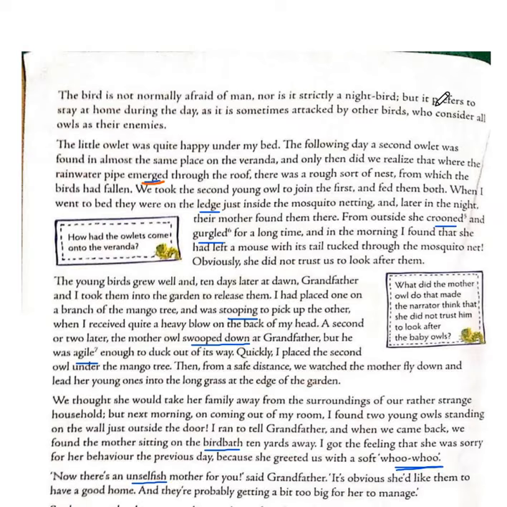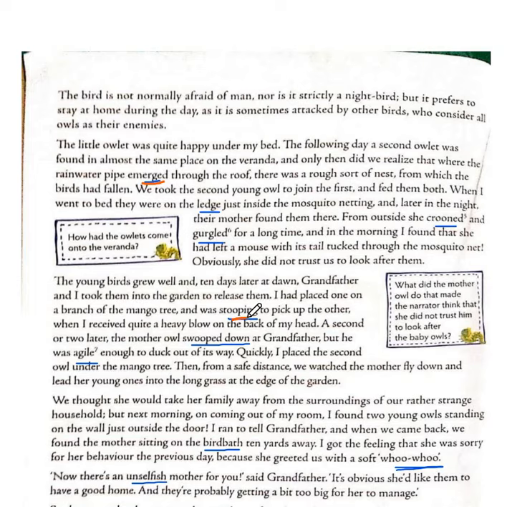Okay. Here the sounds are crooned and gargled. So this crooning means a humming sound. That is generally the humming sound produced by bees. So here the narrator is saying that the mother owl made this kind of sound, crooning sound and gargling sound. So gargling sound is another sound of satisfaction, sound of contentment. Okay. Then